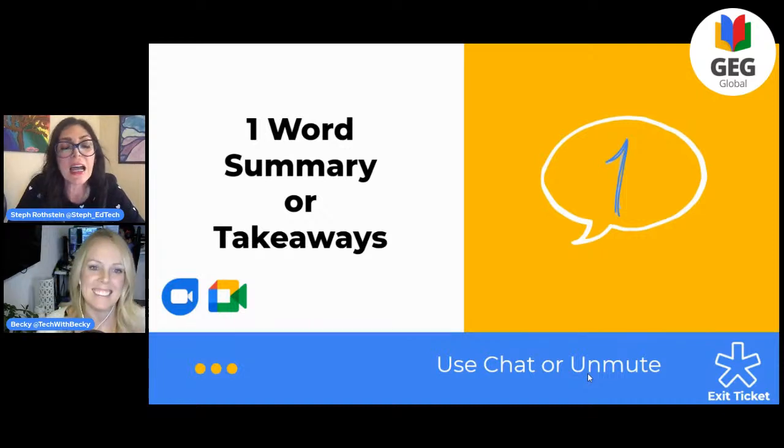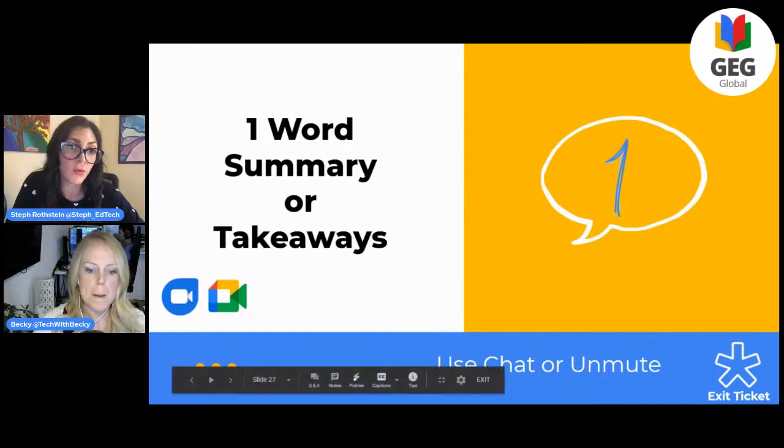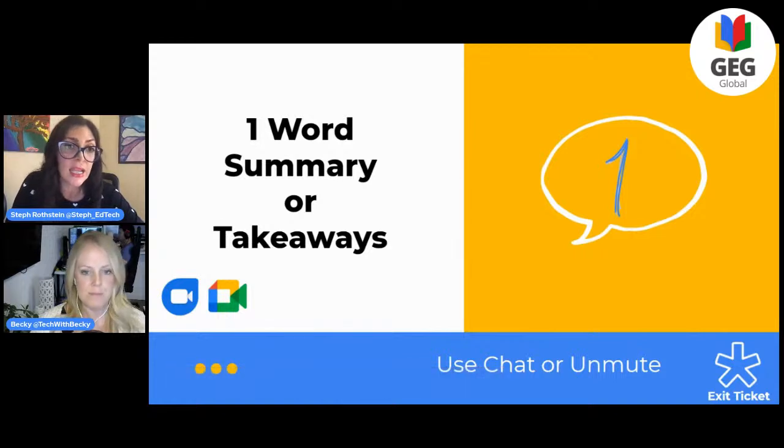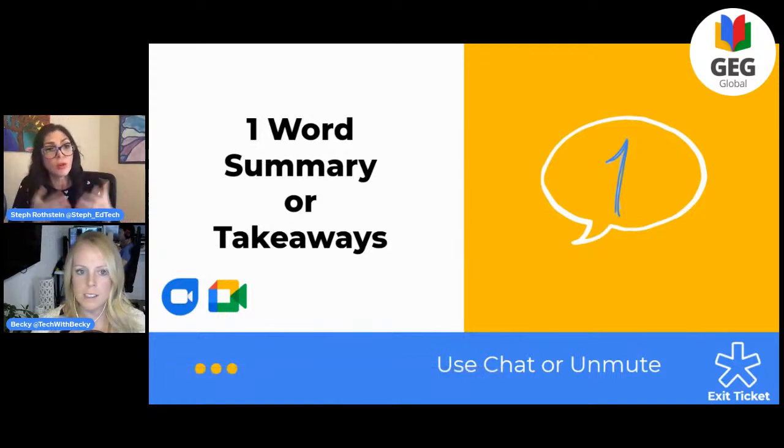It's exciting to see. So one of the things that I absolutely love is ending things with one word. This session was actually done well before the 1-word challenge of 2021, but it aligns so perfectly with that. But really, asking people to do a 1-word summary or a 1-word takeaway is so quick, but it's really powerful. And if it's a group where you can unmute or you're in a space where people can say it, there's something to hearing everyone's voice. If you're unable to do that, it's really quite powerful also to have people put those in the chat and then you say them aloud.